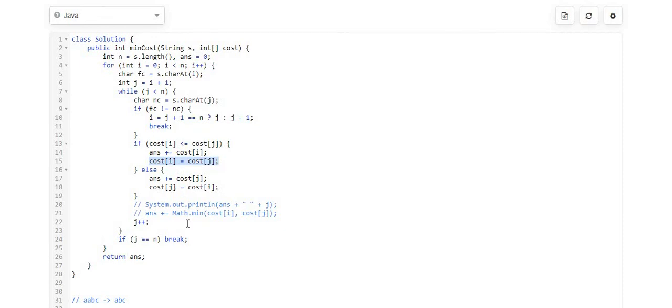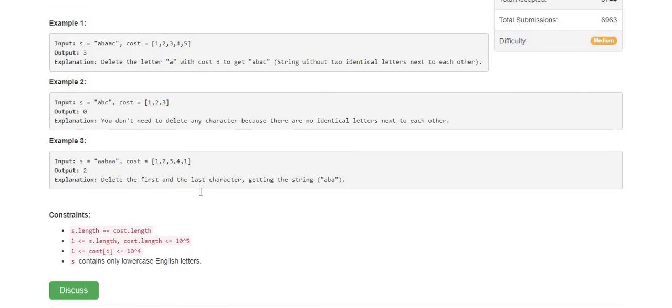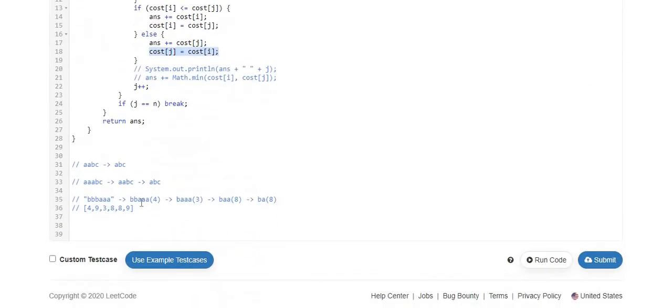Or we can say that the character is already deleted, so we have to replace that cost with the cost of j. Same thing, if the cost of i is greater than the cost of j, then I have to add that cost of j to my answer, and I have to update the cost of j by the cost of i.